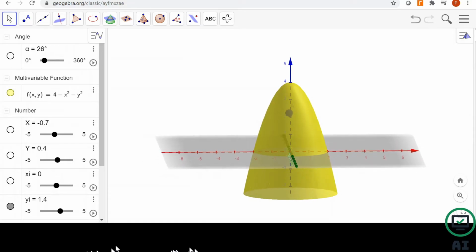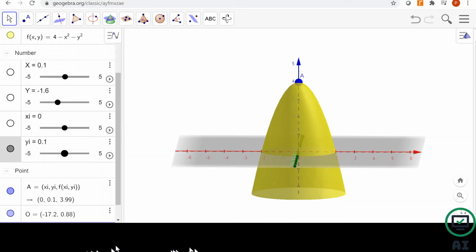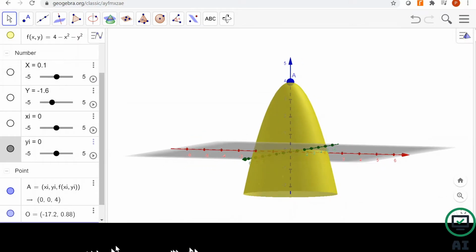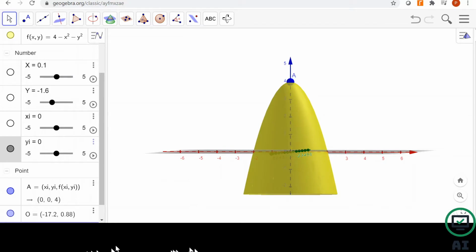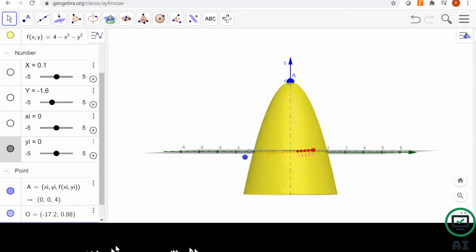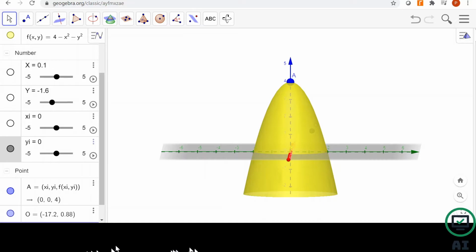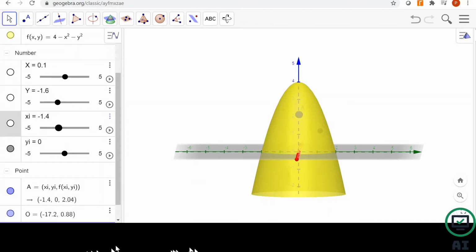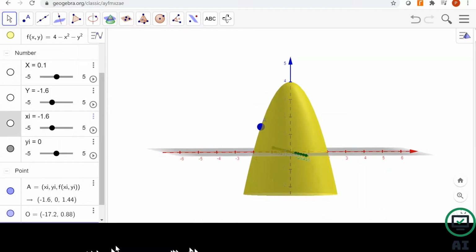Now let's see this one. When I am moving x and y value, so when x is 0 and y is 0, if you see here, the function is giving the maxima at the top. So when I am fixing x 0 and y 0, this is giving maxima. Similarly, if you fix y and then you rotate x, you see what is happening. So this is on the plane of yz. Just rotate this and see in xz plane, then what is happening.